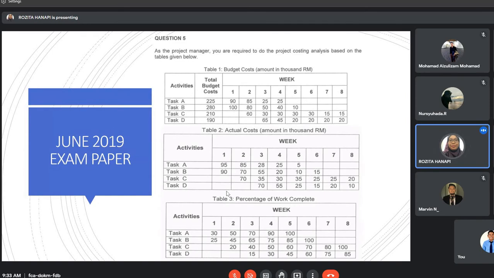Tambah 95 tambah 90 and then jawapannya 185, okay. And then you tambah lagi